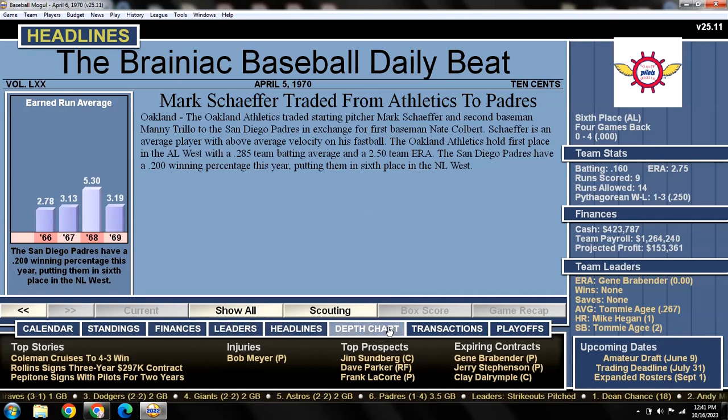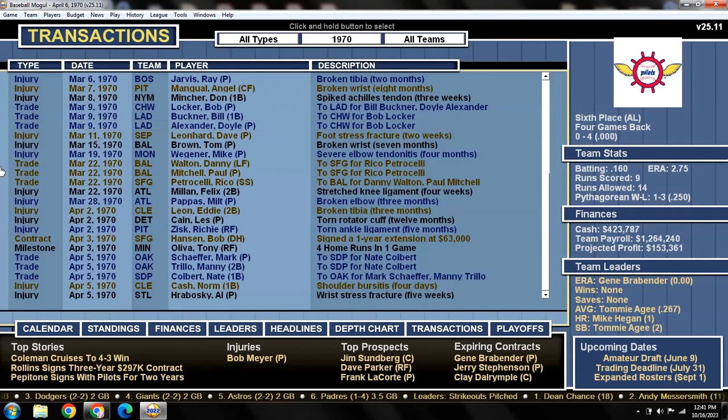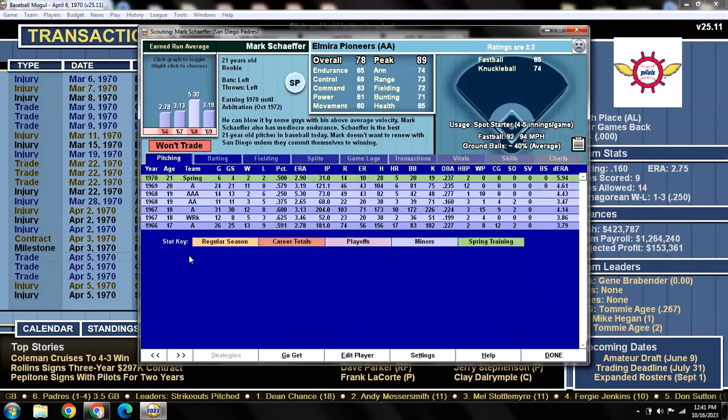Okay, we'll take a look at that. Nothing else here to see. Transactions, read all about it. Norm Cash is going to miss 4 days. We already know about the Mad Hungarian. So who the hell's Mark Schaefer? I have never heard of this guy, and yet he doesn't have a photograph either. He can only go 5 innings. I mean,